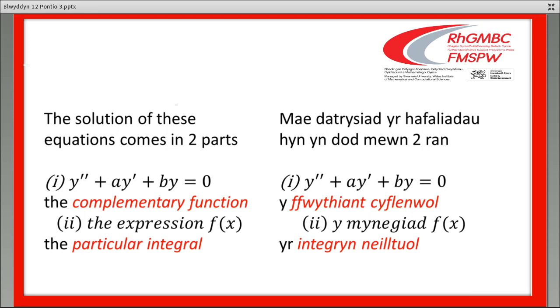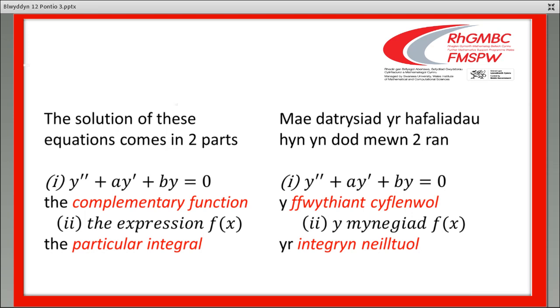And then we put in a solution based on the value of f of x that they've given us. So the solution is split into these two parts, the complementary function and then the particular integral. And a lot of it is just about substitution. Now, if you look at the complementary function that's there in front of you, that's almost like looking at